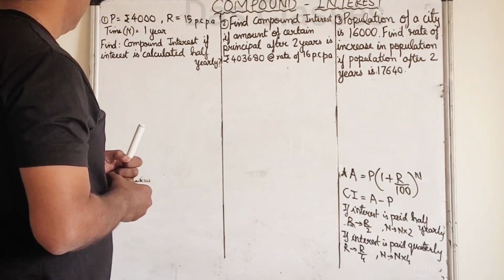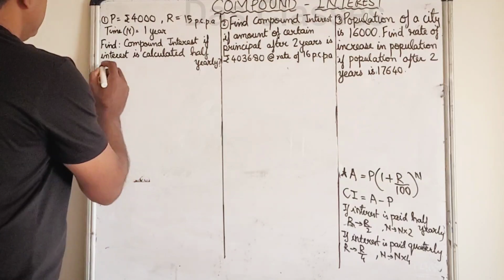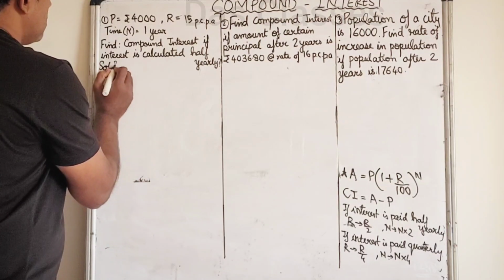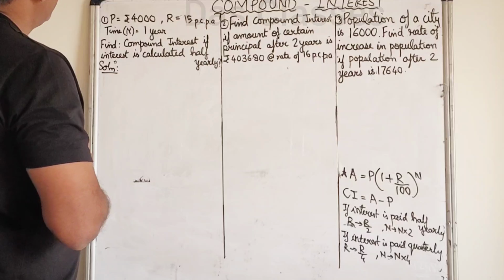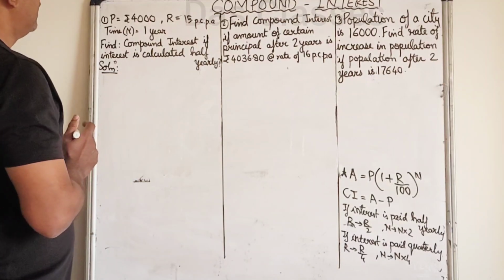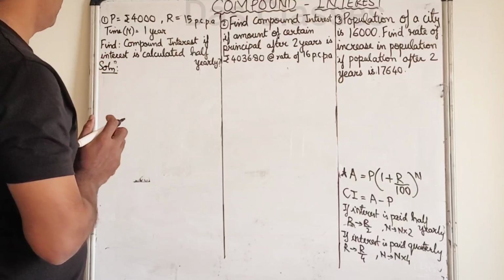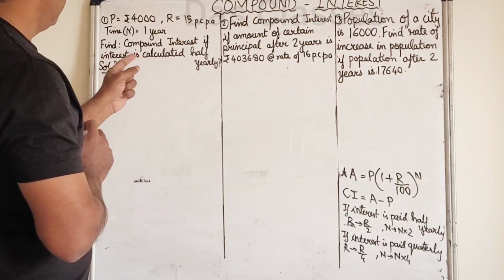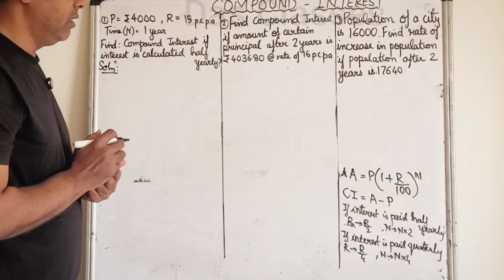Let's start with the first sum. The first sum given to us is: principal is 4,000, rate is 15% per annum, and the time period is 1 year. Find the compound interest if the interest is calculated half yearly. So